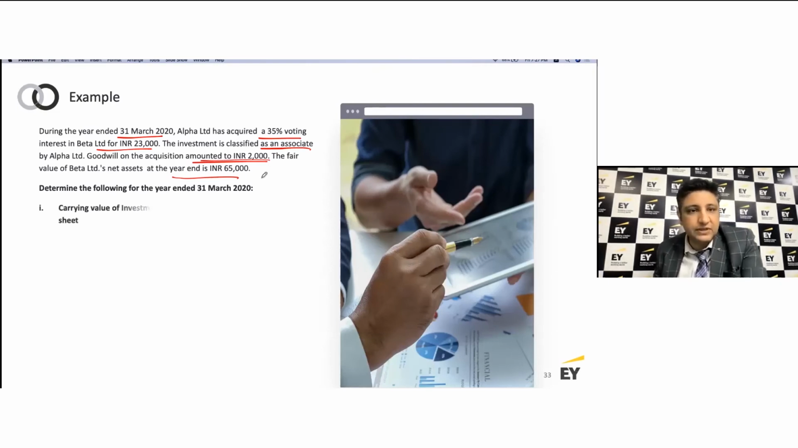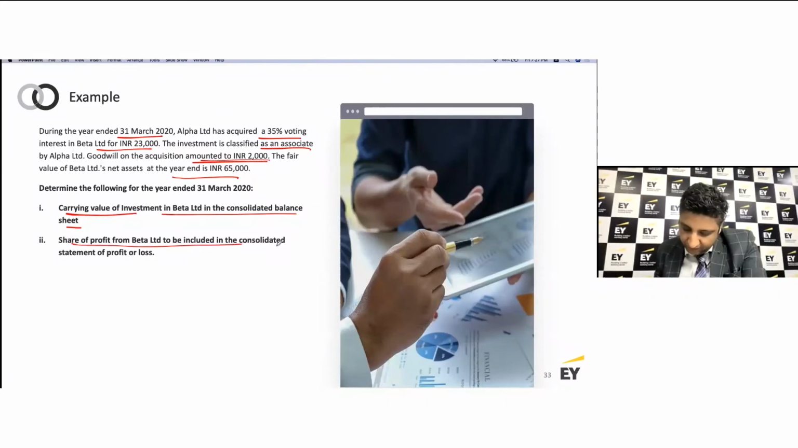Determine the following for the year ended 31st of March 20: the carrying value of investment in Beta in the group balance sheet, and the share of profit to be included in the consolidated statement of profit or loss. Okay, now there's very limited information provided. Let's try to understand this better. You have acquired a 35% voting stake and you paid 23,000 for that. Okay, you paid a premium out of that 23,000, which is 2,000,